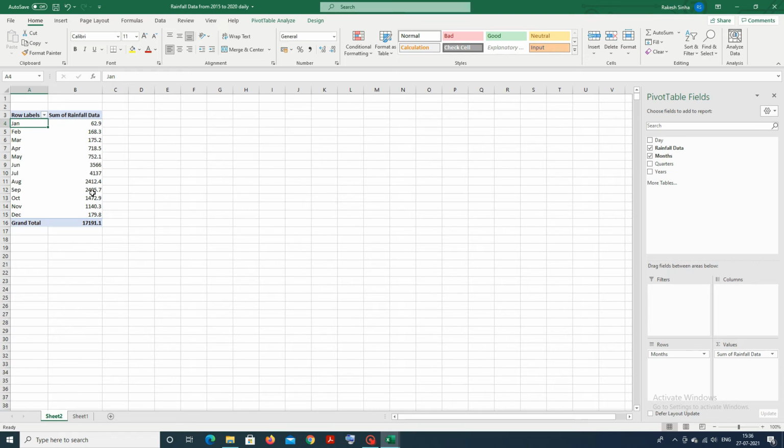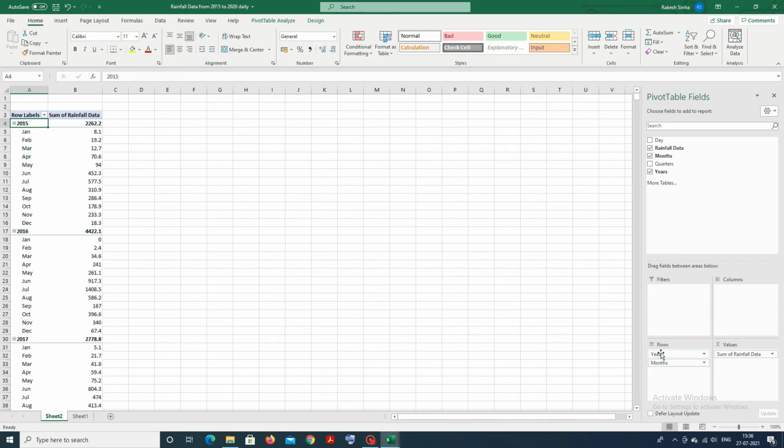I mean the month of all years, like sum of all months, but we need the separate yearly data as well as month. Move year on top of the month in the row column. All month data separately and yearly, like 2015 January to December.